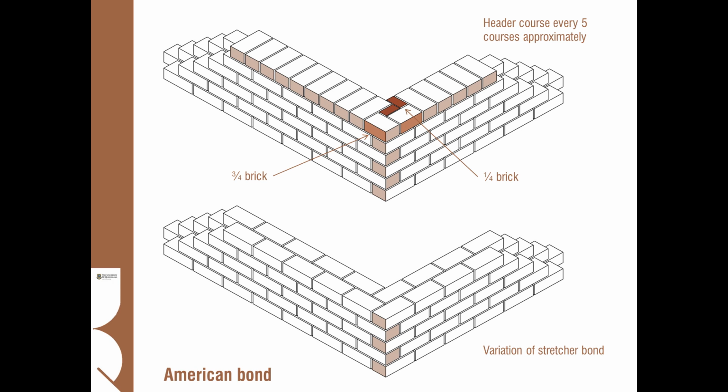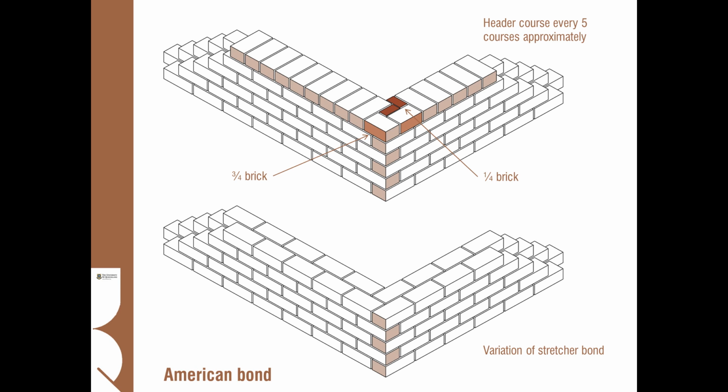What they call an American bond is like a stretcher bond, but with a header course every 5 to 7 courses or rows. You can see there's a little bit of complexity in here, but again, very little waste. So in order to get the header course to work with the unit of the brick at the corner, which is where most of the trickiness of these